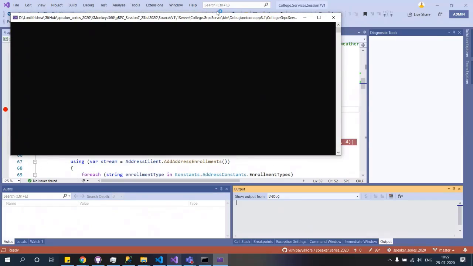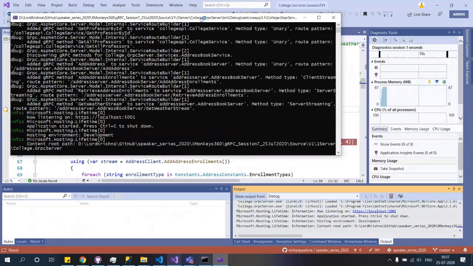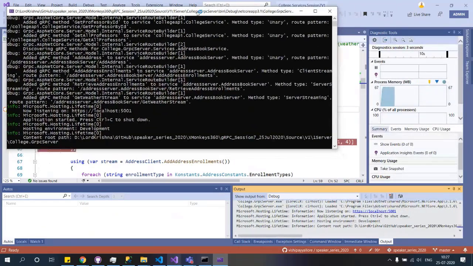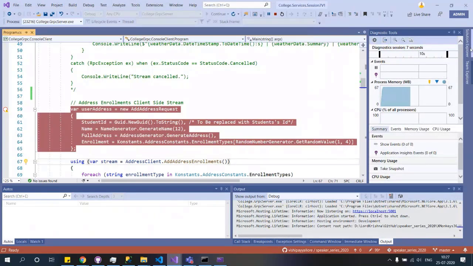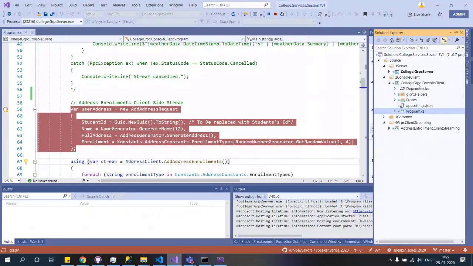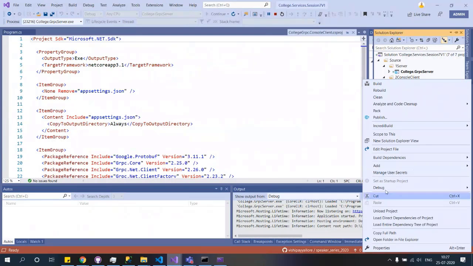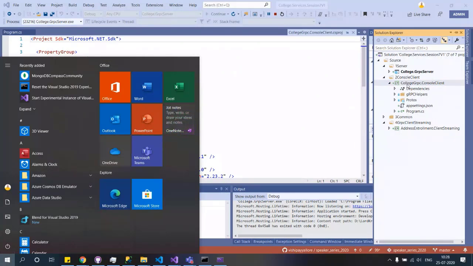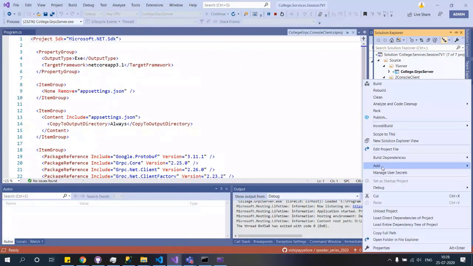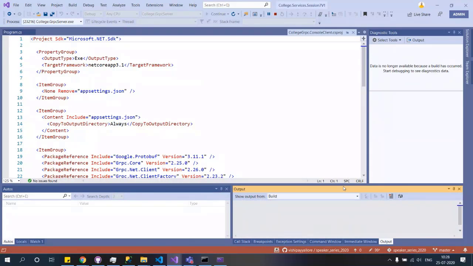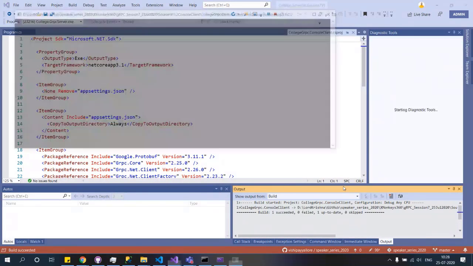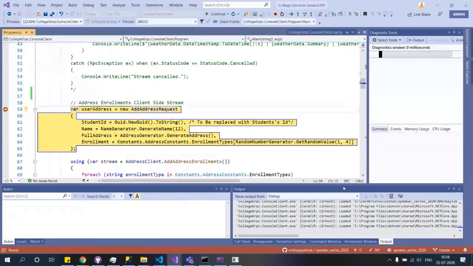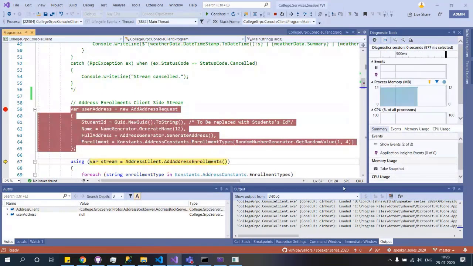Execute the server. Okay, server is running. Now let me come back to the client and start a debugger. Okay, the debugger is started.